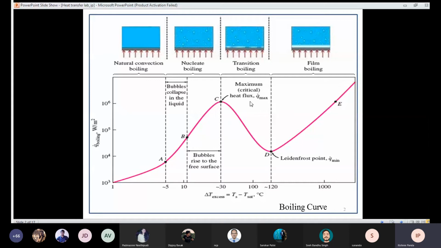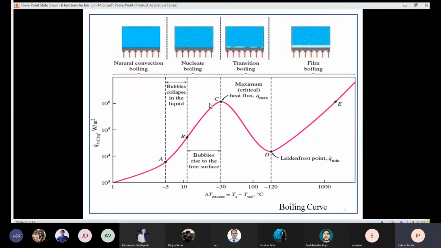So the evaluation of critical heat flux is extremely important in heat transfer devices because whatever material you use, it will reach up to a point. After that, it cannot sustain that amount of thermal stress, right? So before using that material in some kind of devices, you need to know its critical heat flux. So what you are doing here is that you are increasing your delta T, but instead of getting a higher value of heat transfer, you are progressively getting a lower value of heat transfer.